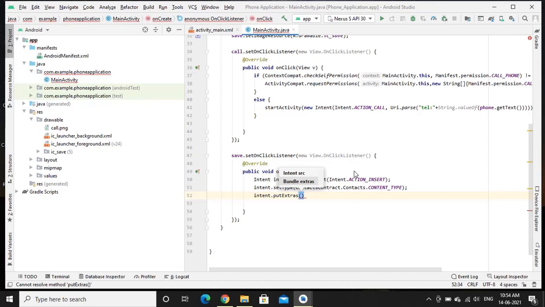We get the phone contact list from the ContactsContract class.